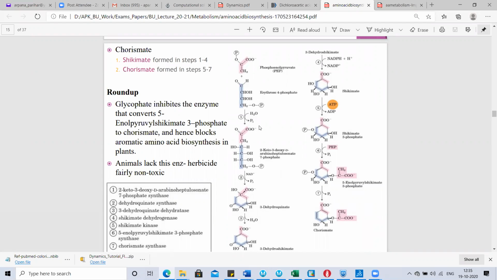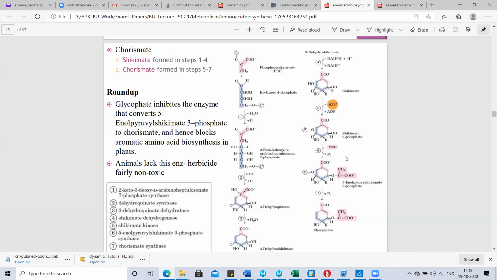Okay, and this compound reacts with another synthase enzyme where the phosphate group is removed and produces 3-dehydroquinate, and this 3-dehydroquinate forms 3-dehydroshikimate, which is converted into shikimate. This is the structure of shikimate, which in the presence of kinase enzyme produces shikimate 3-phosphate,